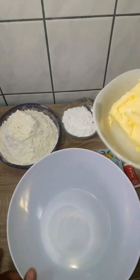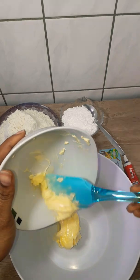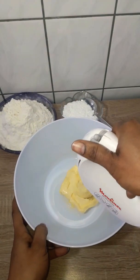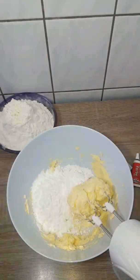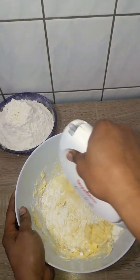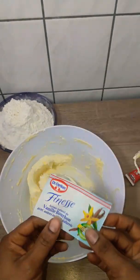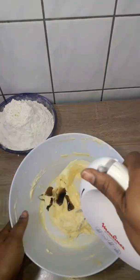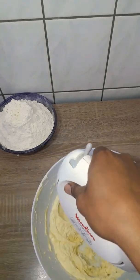So next, right now, in a bowl, I'm going to put in my room temperature butter. Next, with a hand mixer, I mixed it for about a minute, okay, just to kickstart it, not to mix it completely. Then I added my powdered sugar to it and continued mixing for about 5 to 6 more minutes until the butter and the sugar was light and fluffy and the color was pale yellow. Okay, then I added my vanilla essence, mixed it again until it was well combined, let's say another 1 minute,